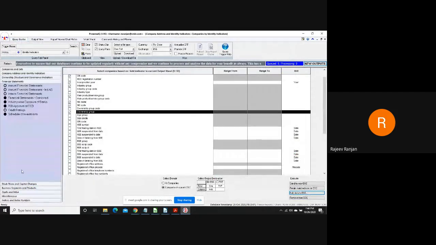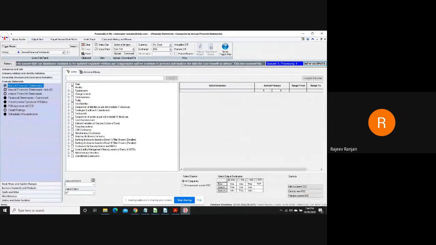So if we move to the query by annual financial statements, and I want to find out the companies from here with their financial information, I can say I want to look at the total income of the company. When I click on total income, it gives you again an option to select standalone and consolidated. If you want both, you can select both, or you can select any one of them.